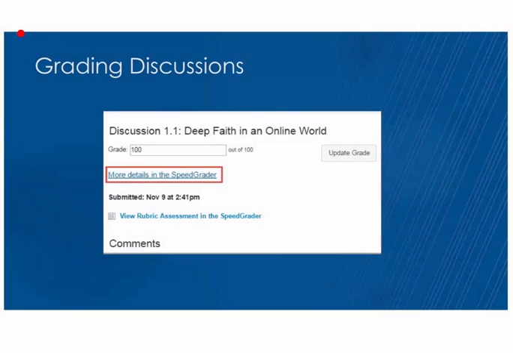So another way that you can use some of the Canvas shortcuts that we've recommended is in grading discussions. Discussion grading can always be a little tricky because you've got your posts and your replies that you've got to look through and then go into SpeedGrader or the gradebook to do the discussions. One way that Canvas has it set up to help you is in the gradebook, there's a little icon next to each person's discussion contribution, which you can click on, and this window will pop up. And if you click on more details in the SpeedGrader, what you'll see is actually their post and all their replies in one place so that you can grade that